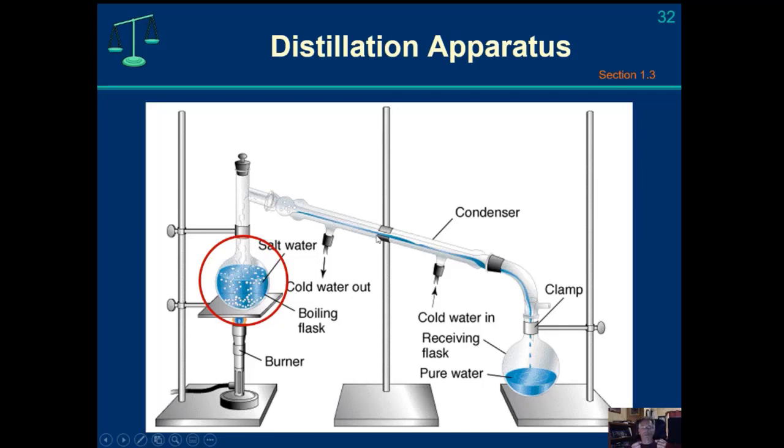And remember, we talked about this in phase changes. As you slow the water molecules down, they get closer and closer together and they condense into a liquid. Now they're a liquid, they're connected and making and breaking connections with each other, and we condense in the condenser, and then we collect the pure water in the receiving flask down here. This is desalinization, as I described, and this is done on ships every day.